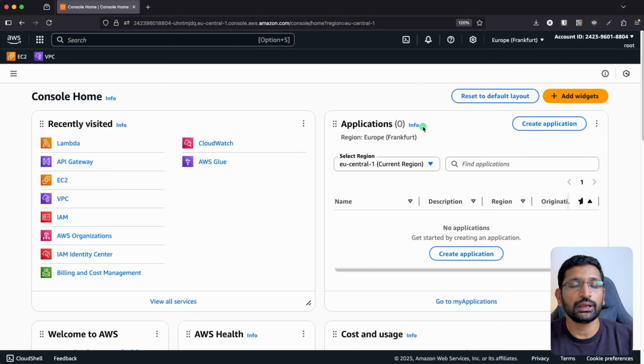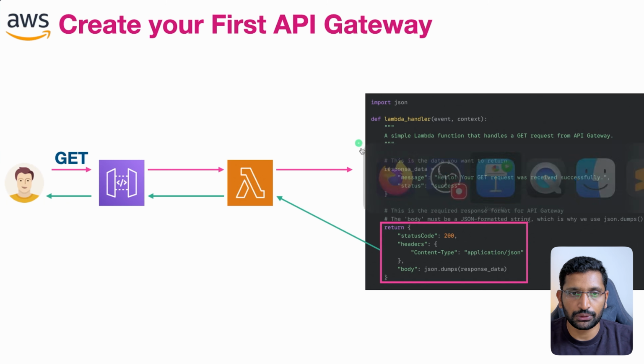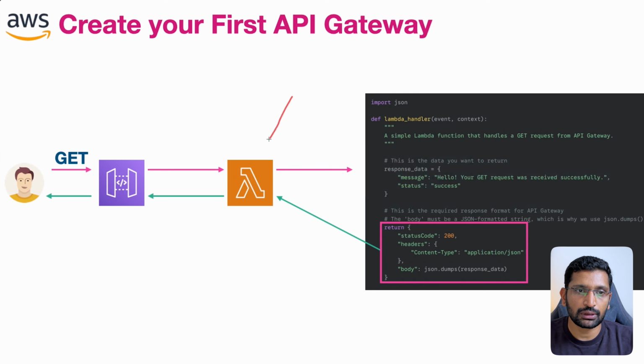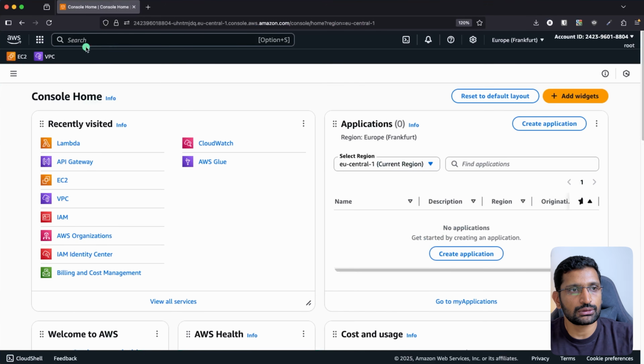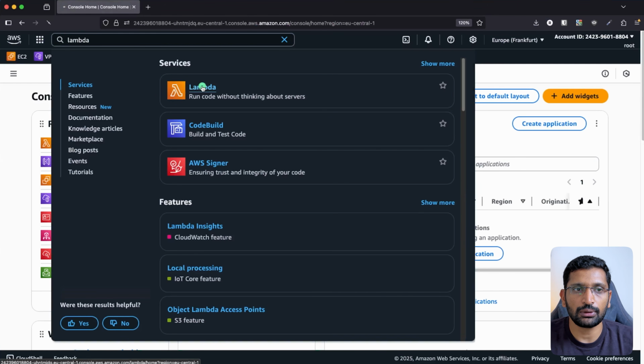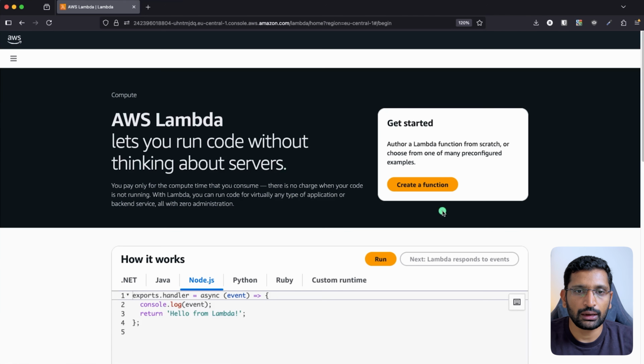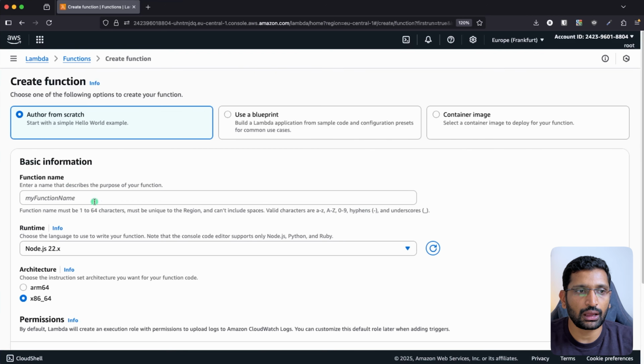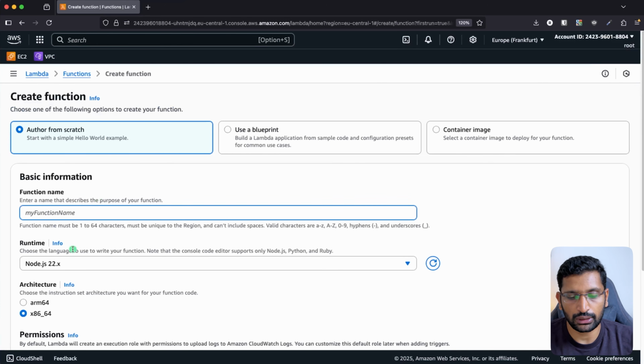Here is my AWS console, and the first thing which I would like to create over here is the Lambda. If you take a look at this particular diagram, first let's create this Lambda, and then later on jump to the API gateway. So I'll close this one, go back to my AWS console, and in the search box, I'm going to type Lambda, and click on this Lambda over here. Here click on create a function, and here I'm just going to type my function name. So first,